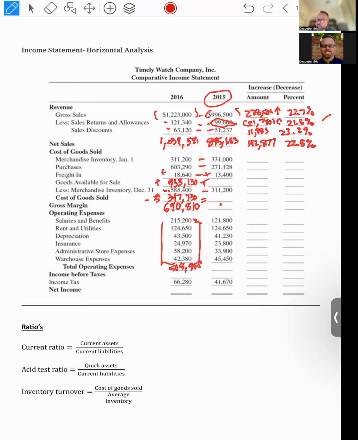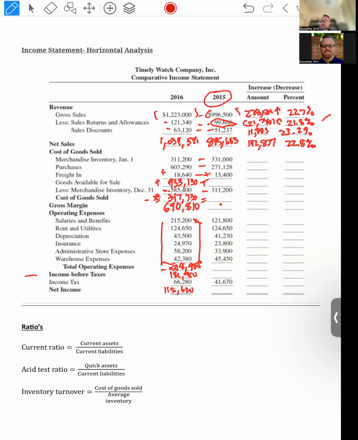And then that means my income before taxes is this subtracted from the 690. So that gives me 181,910. So that's how much I had income before taxes. Then I have $66,000 in taxes. So that needs to be subtracted from the income before taxes. And that means I had a whopping